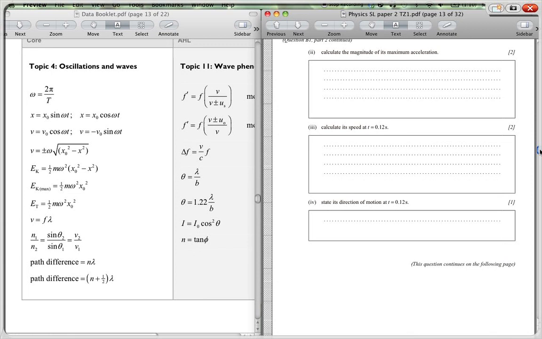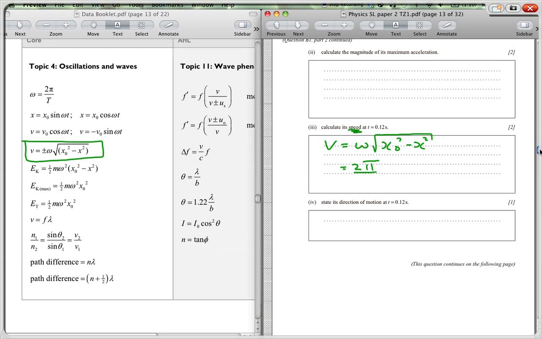So let's start off with this formula over here. We've got our velocity, where we can work it out for any point. Now we're looking at its speed. So although we're calculating velocity, we don't need the plus minus there, because that just gives direction. So we can leave that out, and we're going to get x0 squared minus x squared. Now we've already worked with the omega. That's equal to 2 pi over T,